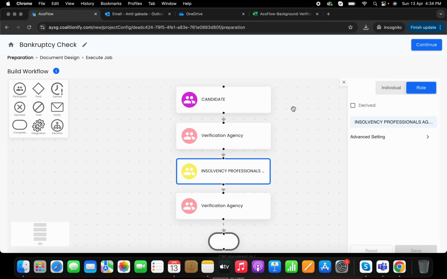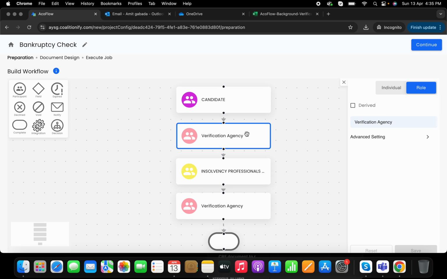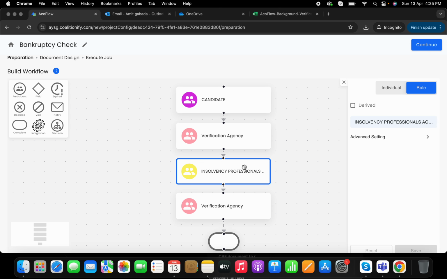So this is the process. Here there are three actors: one is a candidate, one is a verification agency, and one is an insolvency professional agent. As you have seen in the sequence, the candidate will first enter the basic required details as well as provide his consent, and then the verification agency will review the basic details of the candidate and send the request to the insolvency professional agent, and then the insolvency professional agent will do the actual search in the insolvency and bankruptcy board against the candidate's details,